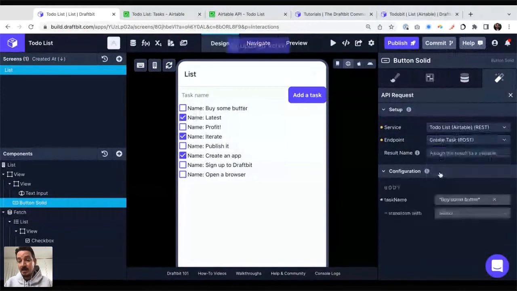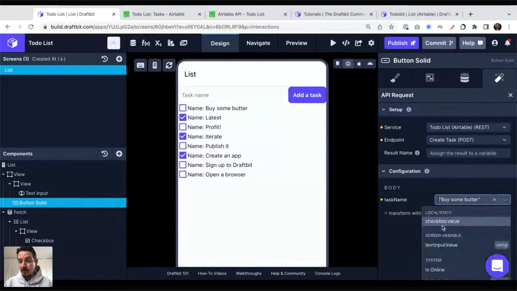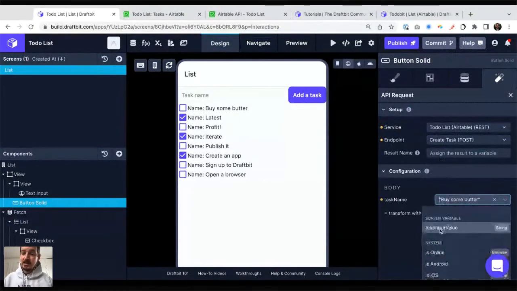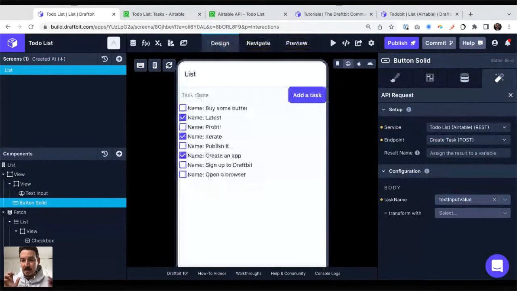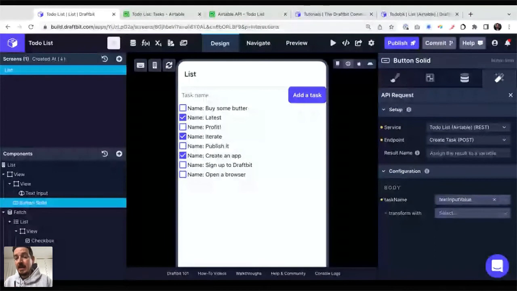And when I select that, you can see it's already prompting me to pass it those variables that I created. In this case, it's just a name. And so the name, I'm going to use the one from that screen variable that we just discussed, that text input value screen variable. Here we go. So the user is going to type a task name, which is going to update that text input value variable. And when they click add a task, we're going to make an API request to our backend, and we're going to send it the value of that variable. Let's give it a try. I can close this.